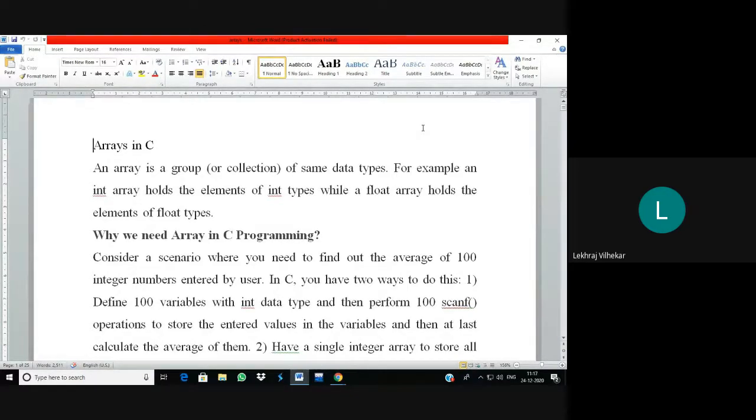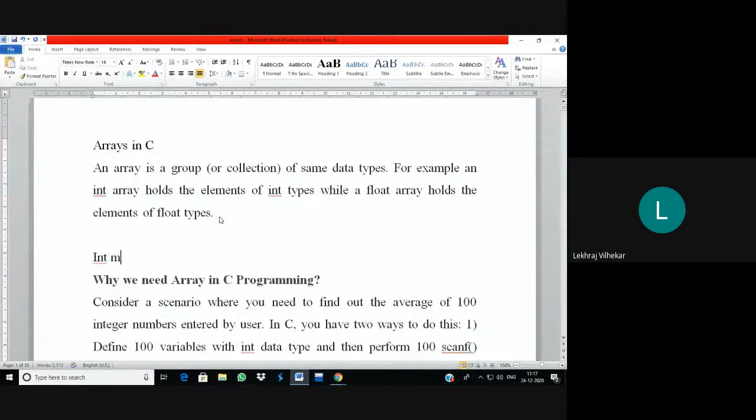In the programs we have seen until now, we have taken a few variables. Suppose we are going to implement a program to find the sum of subjects, and find the average marks of those subjects, or to find a percentage. Suppose you have to find the average of 5 subjects. Then what you are going to do is simply write like this: